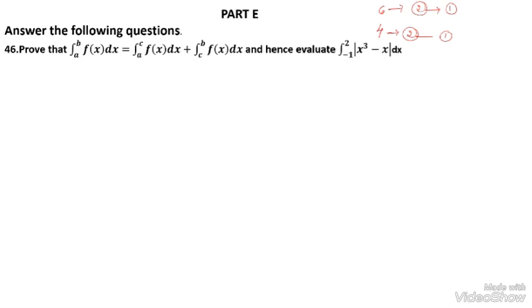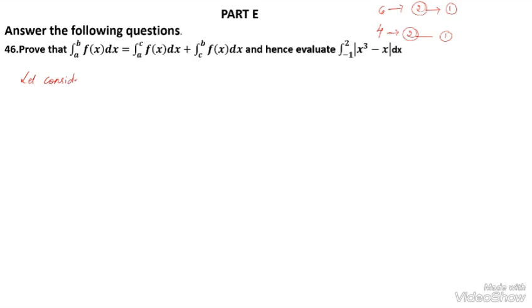The first question: we have to prove that integration of a to b f of x dx is equal to integration a to c f of x dx plus integration c to b f of x dx, and evaluate integration from -1 to 2 of mod of x cube minus x dx. Okay, let's consider